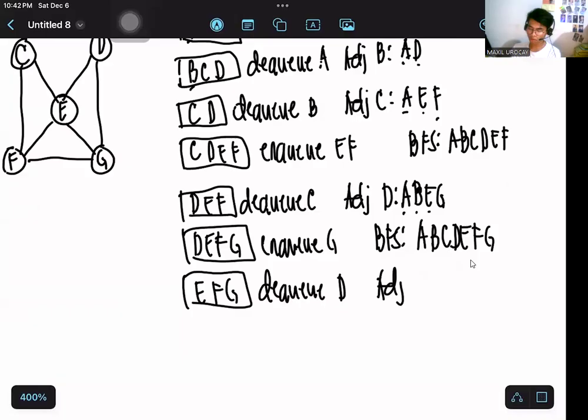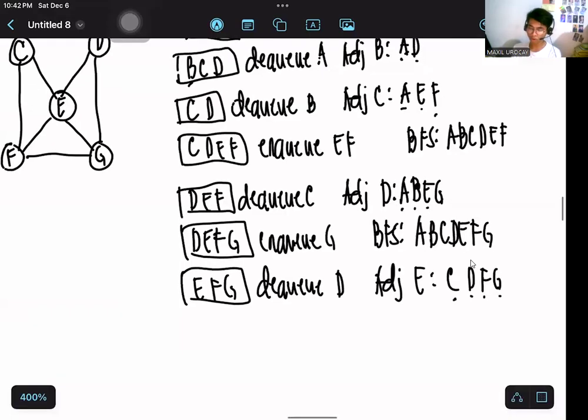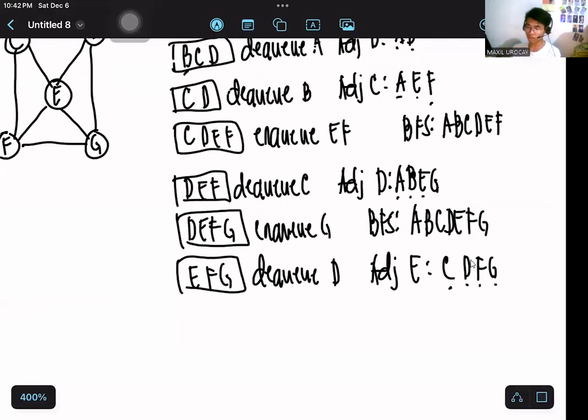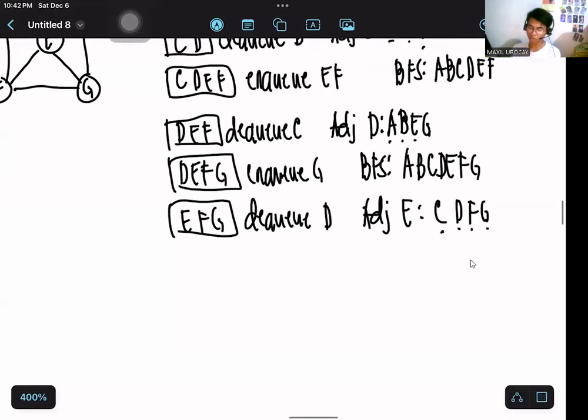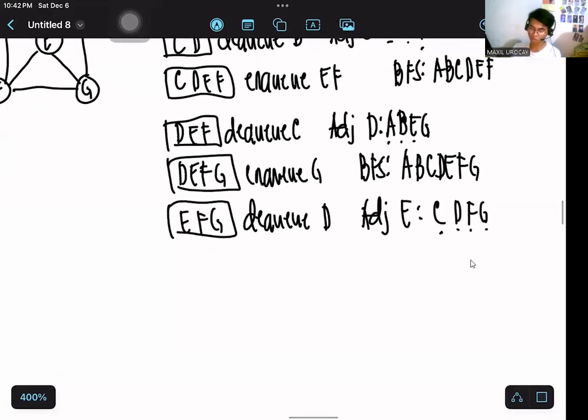and you have to identify what will be the adjacent of E. The adjacent of E will be C, D, F, G, considering that we're able to visit already C, D, F, and G. So there's nothing we can do at this particular stage. So what is going to happen? You have to delete that E right there, and we'll proceed with F. You indicate that you were able to dequeue E successfully,